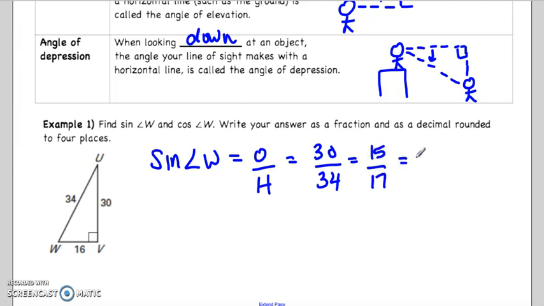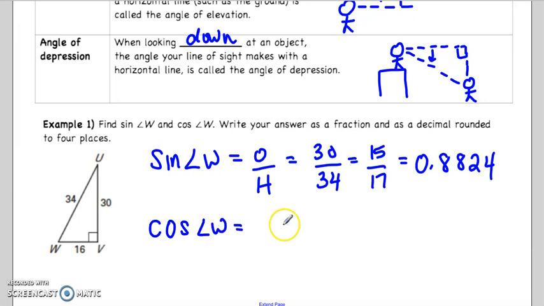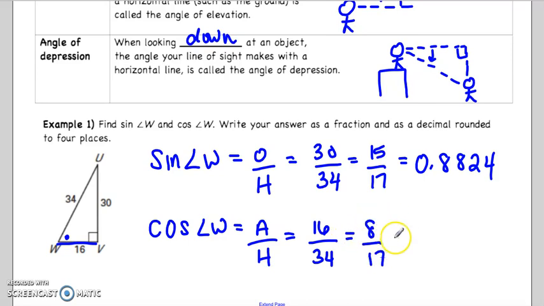So 15 divided by 17 gives us 0.8824, rounded to the nearest 4 places. Okay, and now to find the cosine ratio of angle W, cosine of angle W is equal to the adjacent divided by the hypotenuse. So cosine of W, the adjacent leg is 16. We're going to divide that by 34, the hypotenuse, and that's going to give us 8 over 17 as a